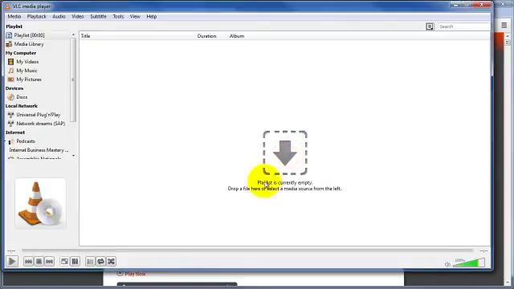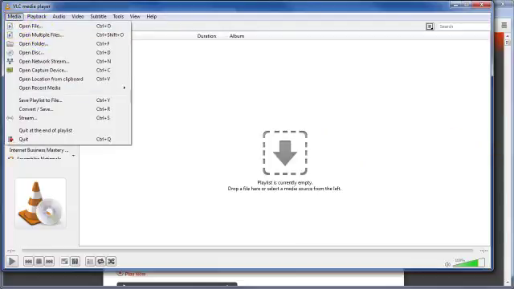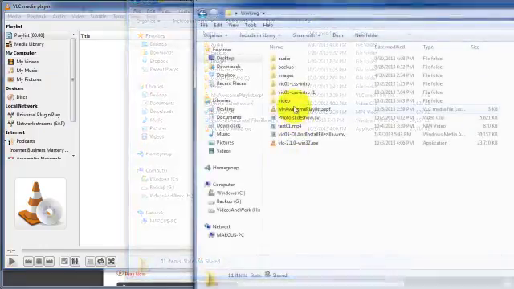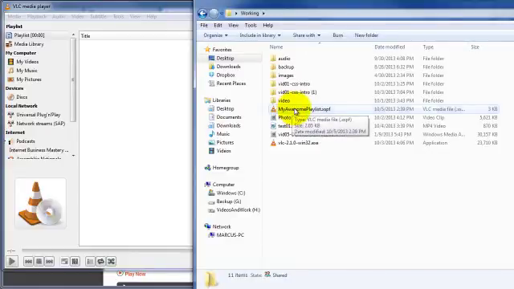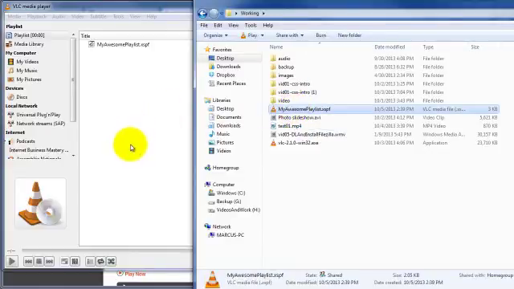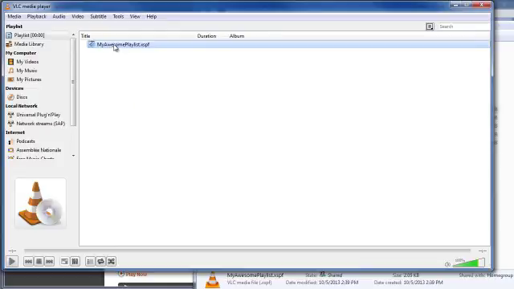And by the way, you can, in fact, like this says here, just drag and drop files from your computer into this area here, just the same as you would by coming up here to Media and opening File. As a matter of fact, let me demonstrate that now. This is my awesome playlist that I just created. I'm going to left-click, hold, and drag that on into here. And to expand our playlist file, I'm just going to go ahead and double-click,